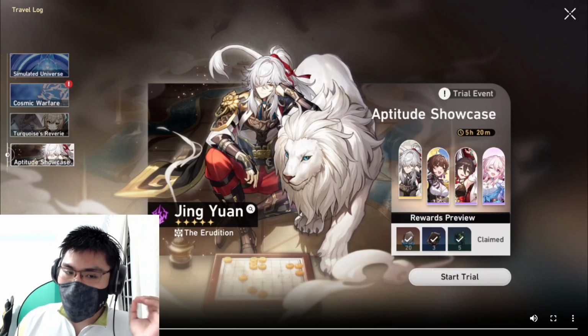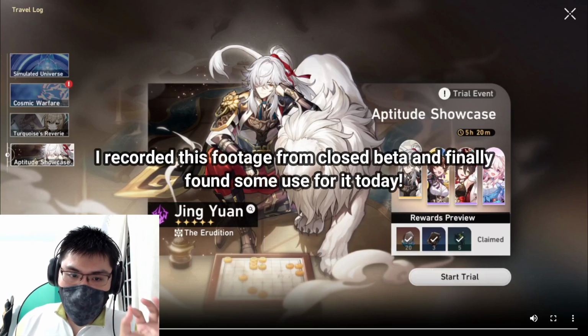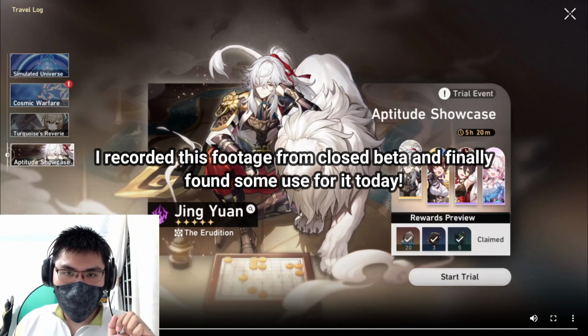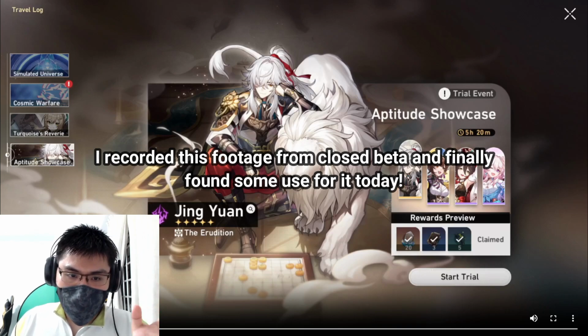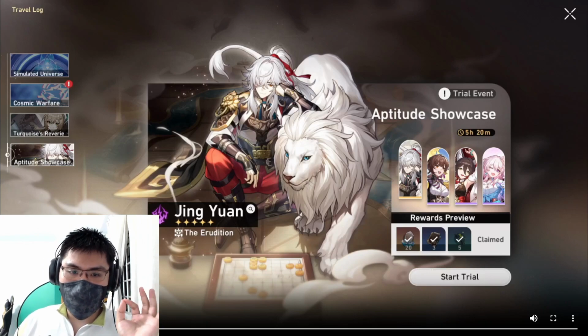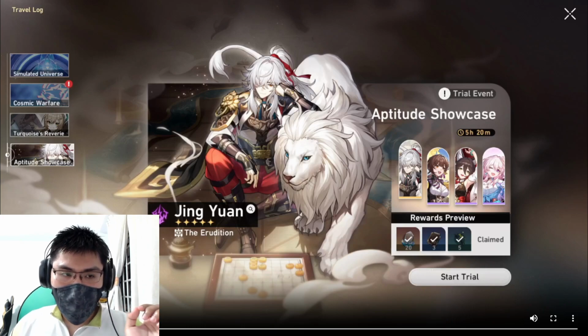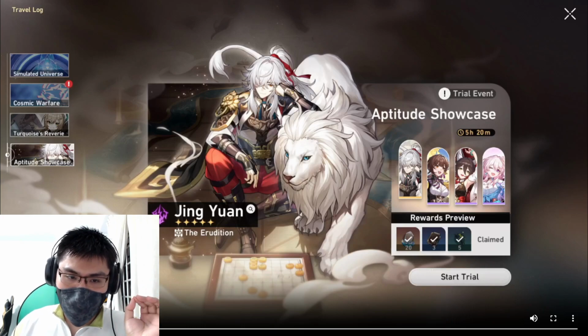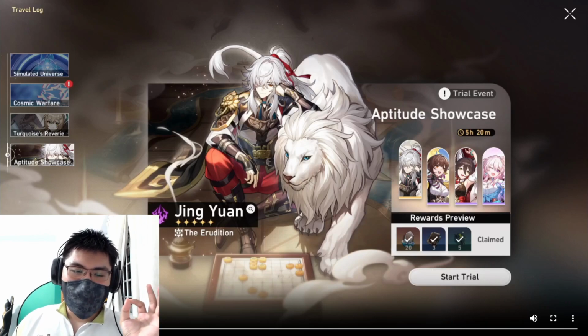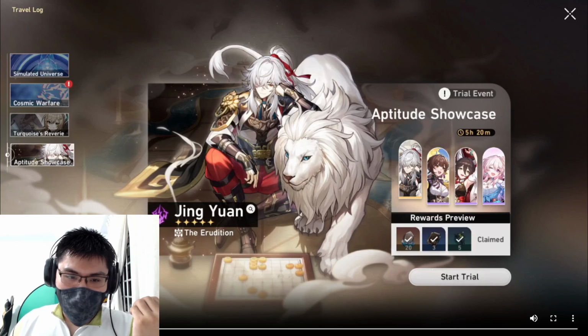So based on closed beta experience, this is based on closed beta, right? Nothing is confirmed yet. Jing Yuan may or may not be in the next banner, just in case you guys don't know. So this one is from closed beta testing. I managed to record this footage when I was playing closed beta, and Jing Yuan was the second banner after CD. So in case you guys don't know who he is, he's the general from Xianzhou Luofu, and he's the AoE lightning attacker. So just know that he's gonna power creep Serval really quickly once he's released, and his damage output